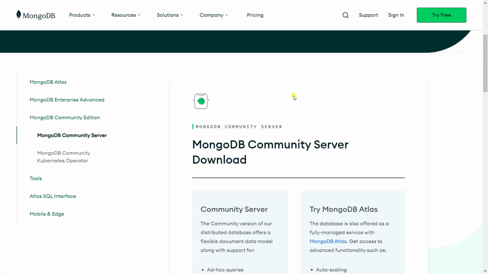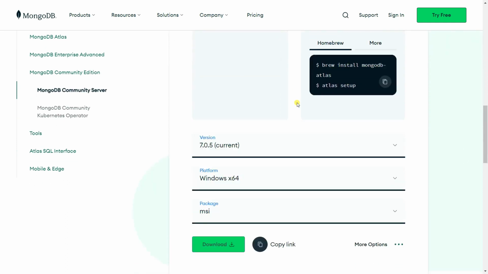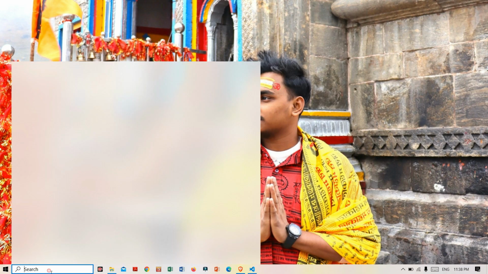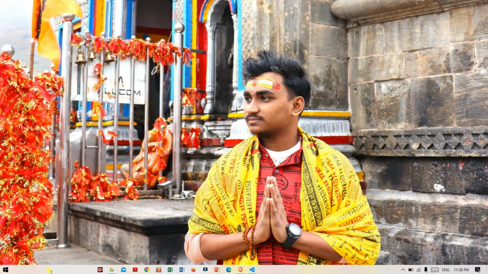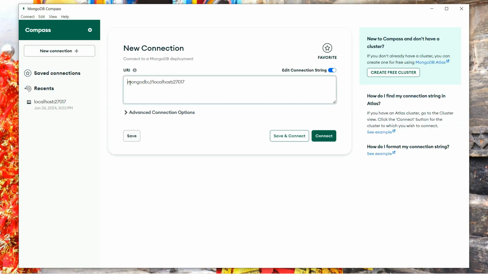Then when you're installing this MongoDB Community Server, you can see one GUI inside your search bar. After downloading and installing the MongoDB Community Server, you get one GUI called MongoDB Compass. If I go here and type MongoDB Compass, it will open the GUI. And this is the GUI and this is our URL for the localhost. If I click here to connect,